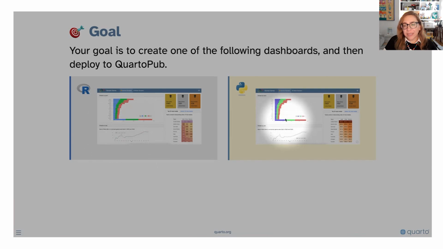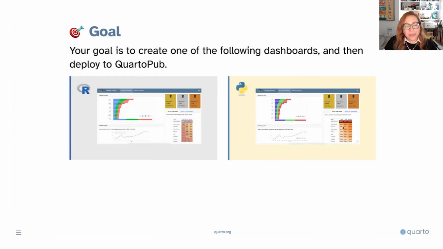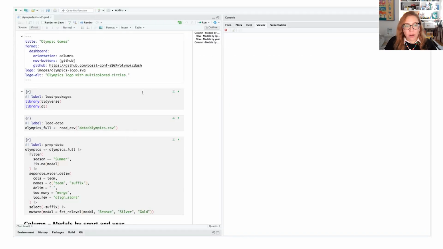And on the Python side, things look very similar. The only really visible difference is the default color selection for the 2 visualization packages we're using. That's a little bit different. Similarly, the color palette for the tables that we're using with either the GT package or the Great Tables package. But ultimately, we're creating very similar looking dashboards in either way. So let's go ahead and switch over to R.